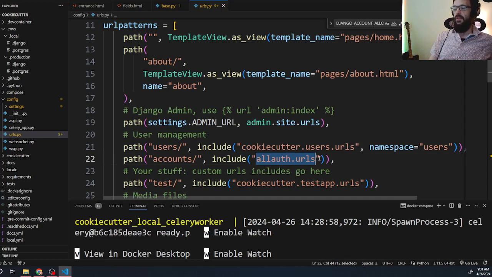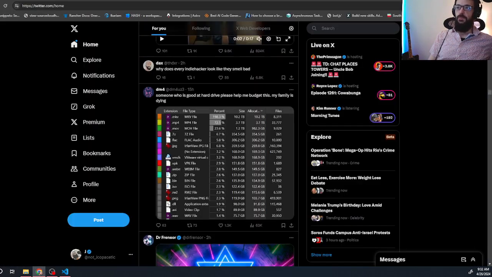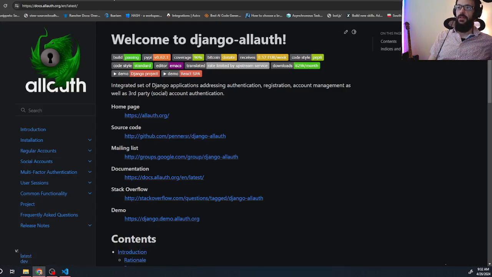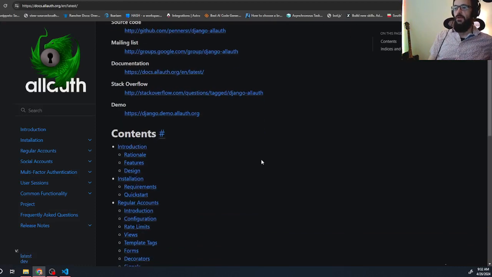Allauth handles all of the user authentication stuff. It's a really well built package. I've had a lot of senior developers tell me just don't even bother trying to roll your own authentication. And when you've got packages like this out there, why would you? If you don't know about Allauth, it's a great package for